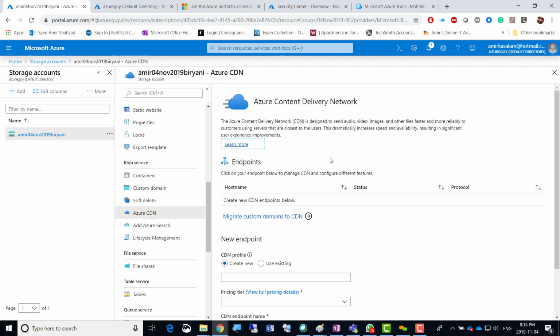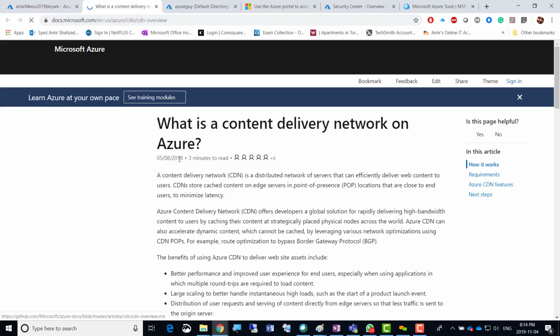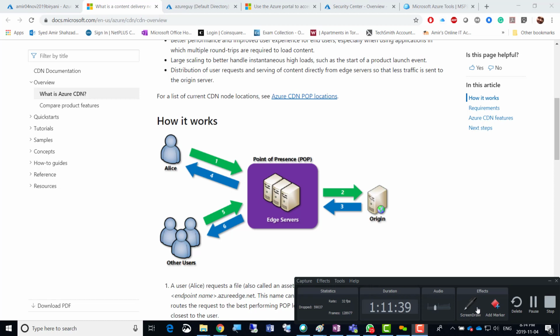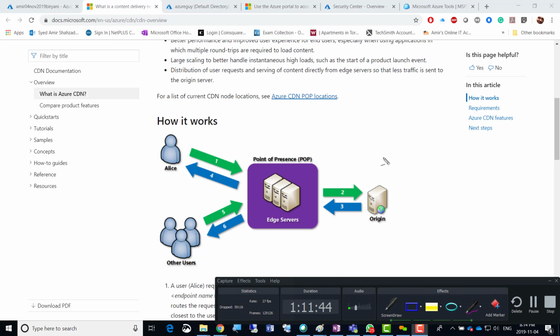So the concept of Azure CDN is that first of all, it is a content delivery network, and second thing is that I'll just go for a diagram because it's really easy to then explain with the diagram. Now what happens is that if the company has actually decided to share our data, right? So suppose this is